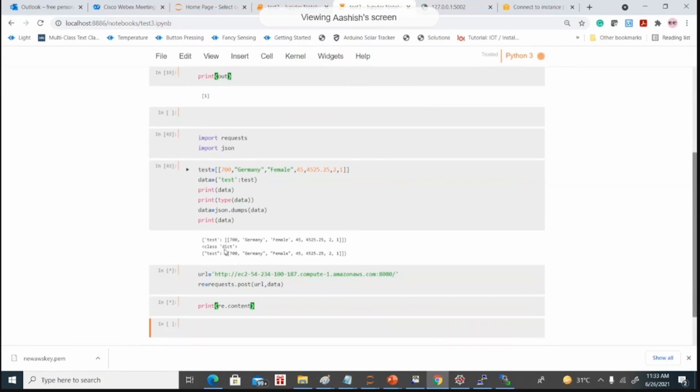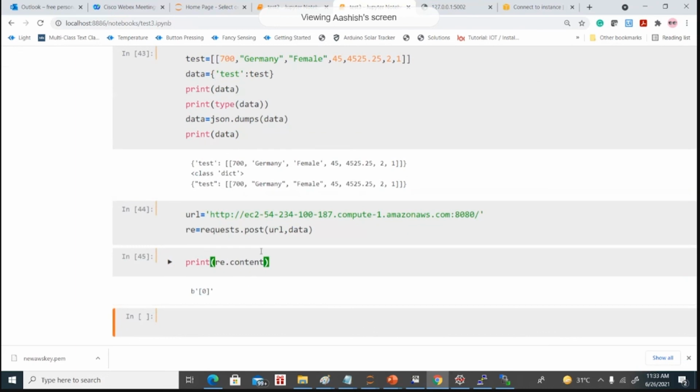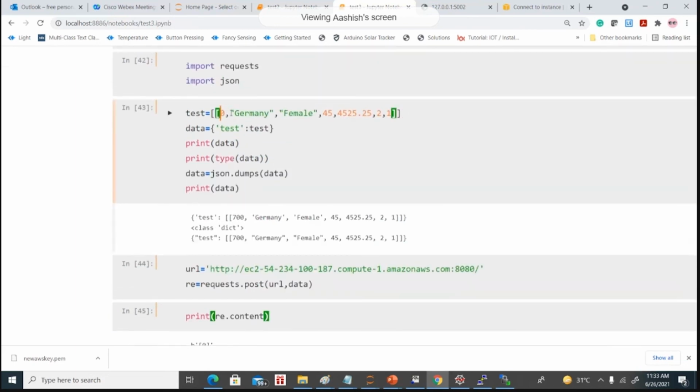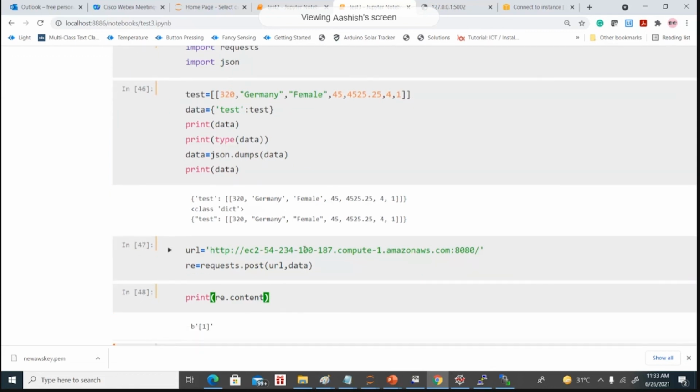So, http://, you see we are getting output now. Everyone can just perform the testing in real time. We're getting output as 0, and from anywhere you can perform the testing. So let's say this is 320 and this is a particular 4. Okay, so we're getting 1 here, and from anywhere in real time, multiple users can perform the testing at the same time, or you can even use this endpoint to interface with any software and application and perform testing, right?